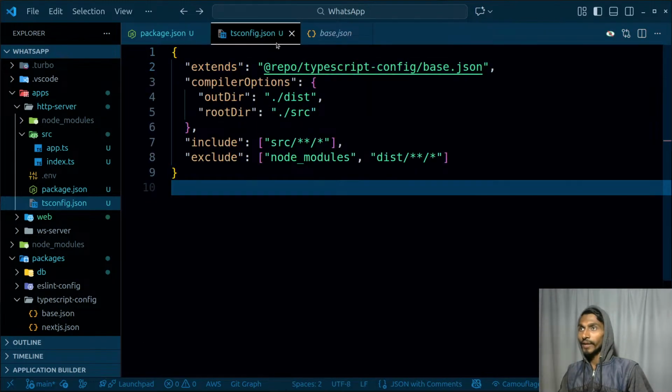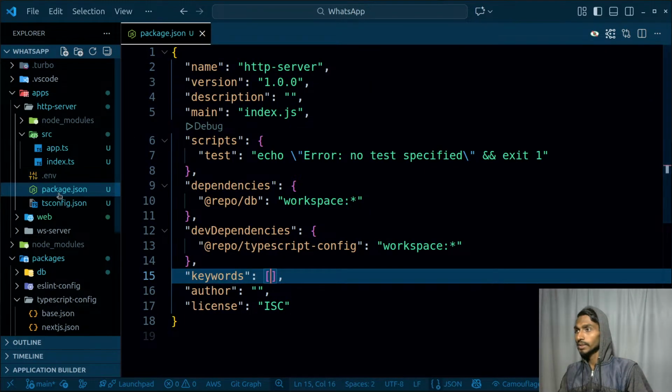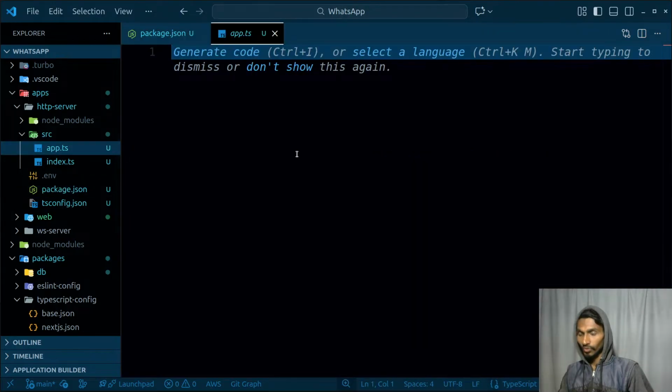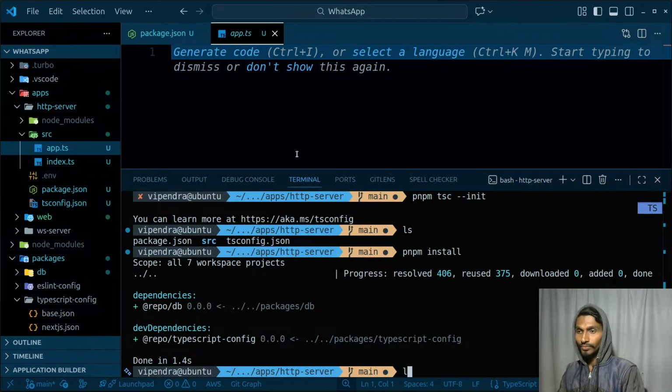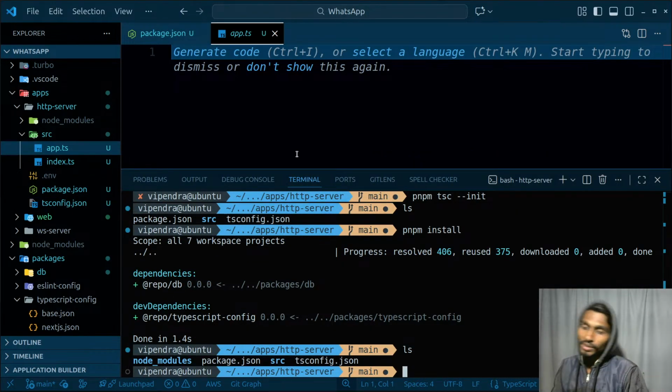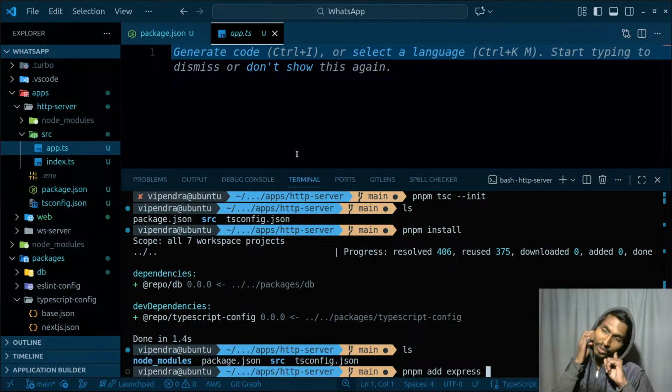It's connected, fine. That's it. And then one more thing, ls. Let's add some of the things over here: pnpm add express. What else? Nothing else. Question: do I need to install Prisma? No, I don't need to install Prisma. I already have the client. So let's just get the express right now, and then pnpm add